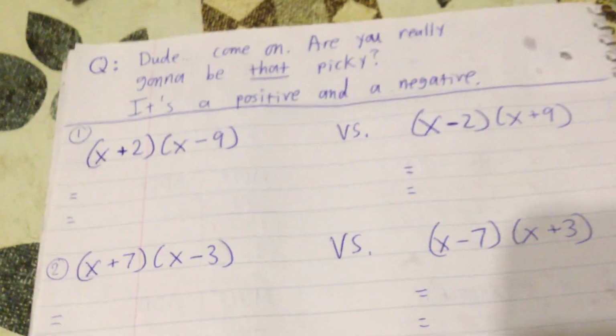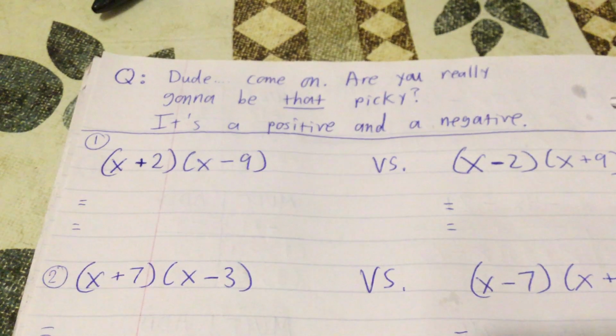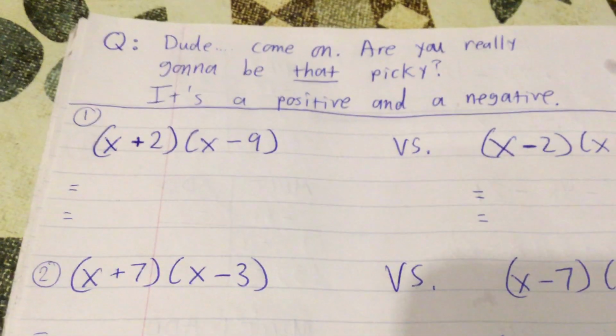So let me just show you some quick examples. I'm looking at the clock right now, but I want to make sure that we're good with this. So for instance, dude, come on. Are you really going to be that picky? It's a positive and a negative. Well, just to show you, I'm going to